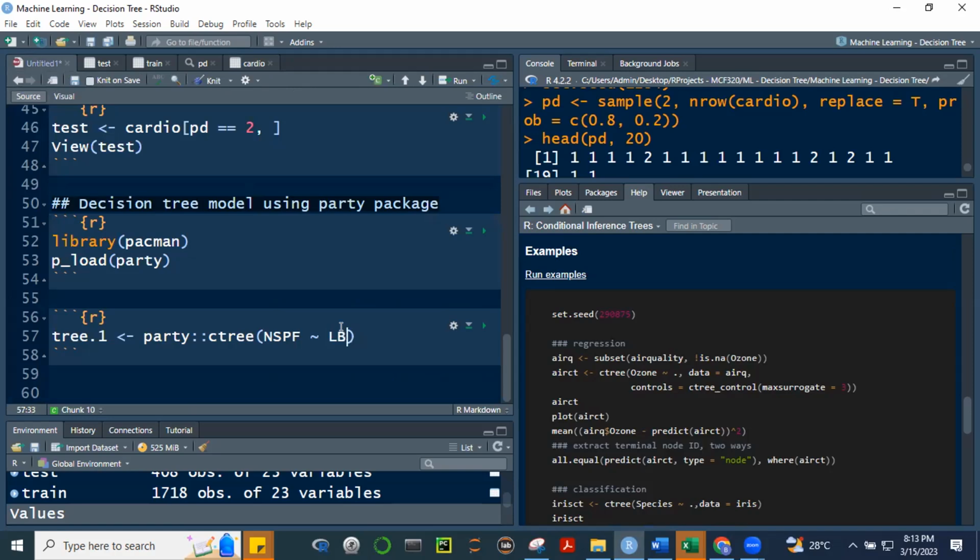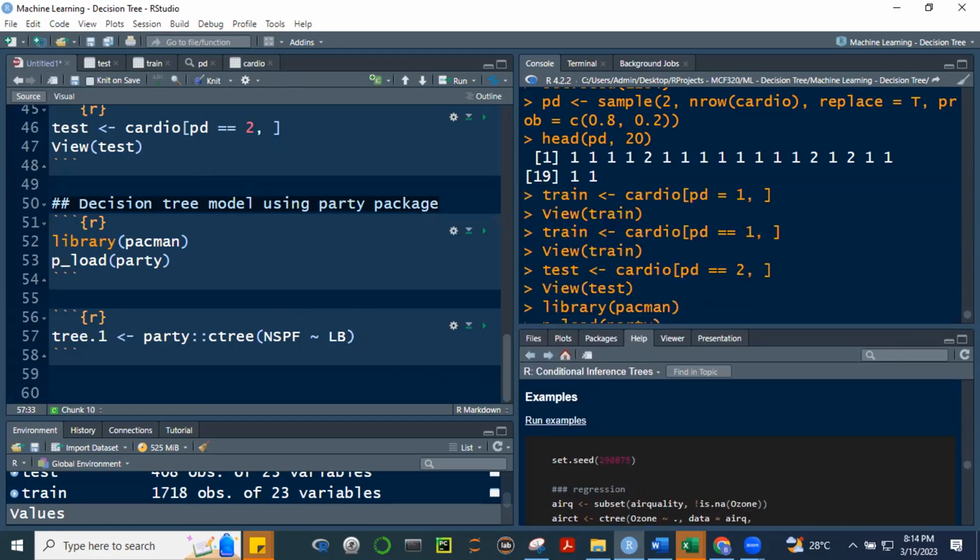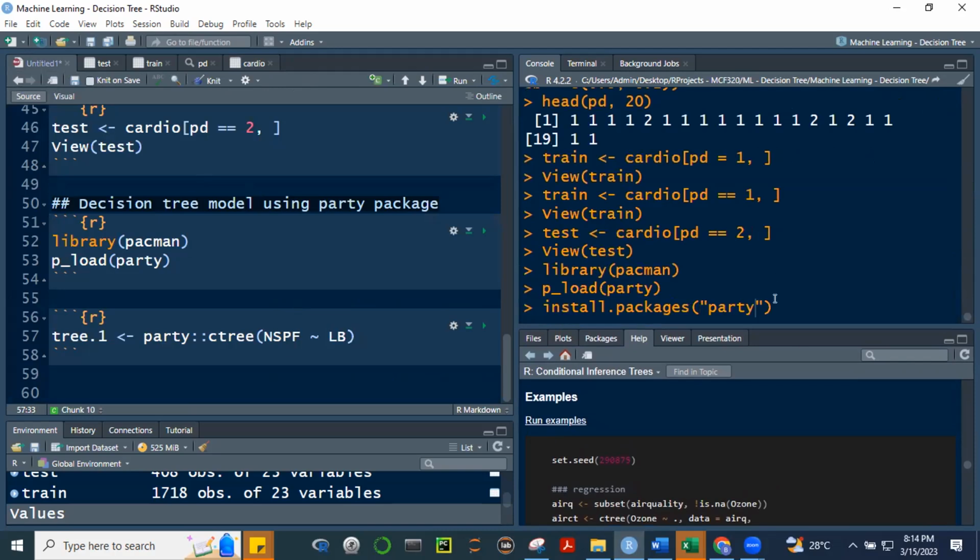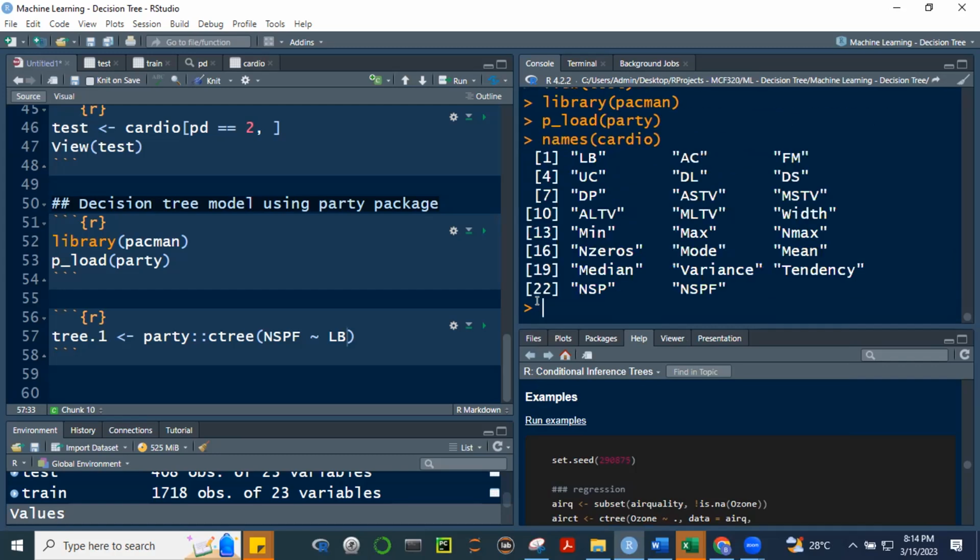All right, so how to do it in R is, okay, LB, okay. And R is very sensitive to spelling ng variable. You know that. So dapat, kasi yung variable natin dito, dali just to i-check ko lang, no? Names, para sure lang, names, cardio, okay, ito yung mga variables yan, no?